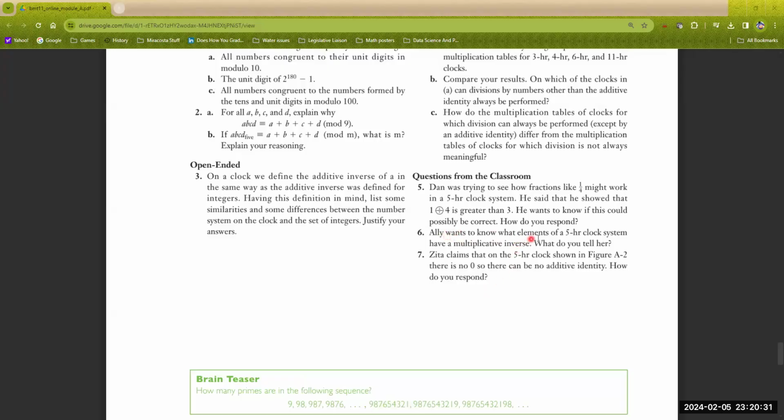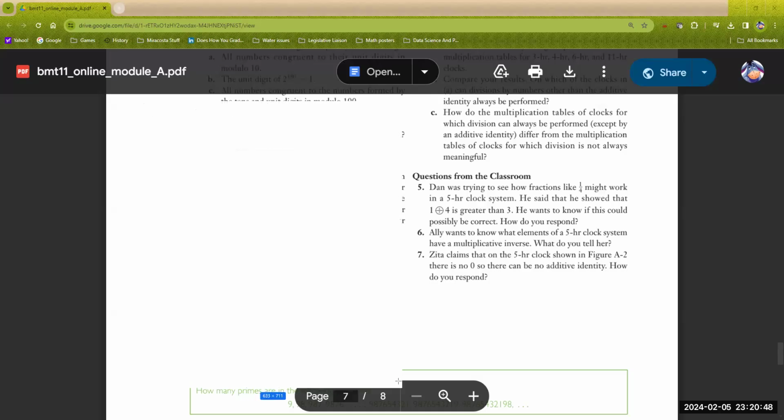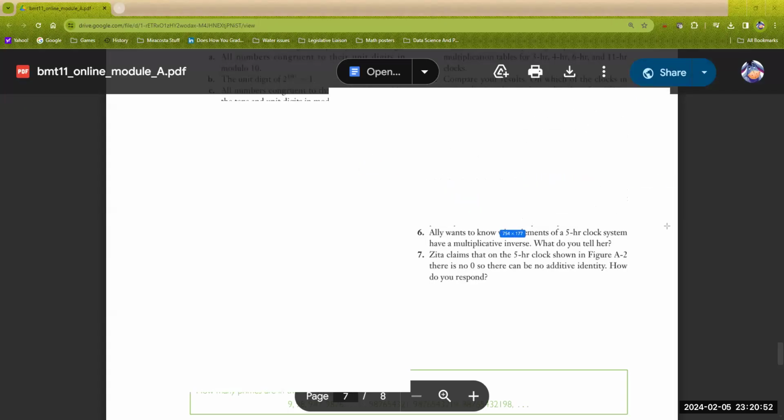Next one here: Allie wants to know what elements of a 5-clock system have a multiplicative inverse. What do I tell her? She's got a 5-hour clock system. Which ones have a multiplicative inverse? Okay, so I'm going to multiply and get the value that I want. Well, let's take a look. If this is true,